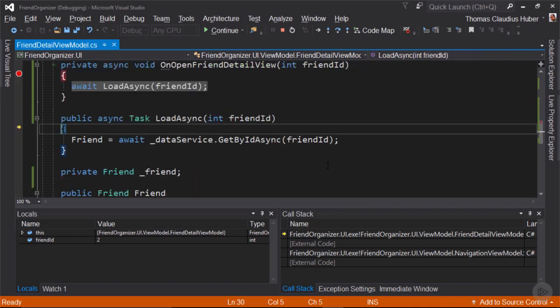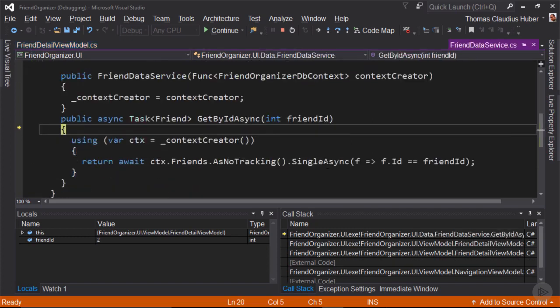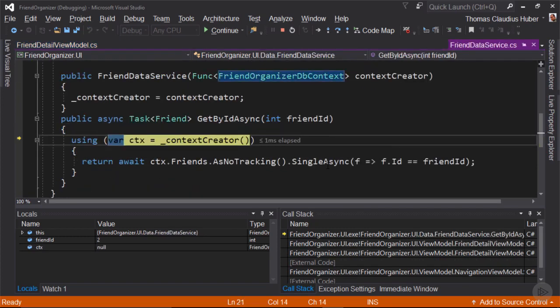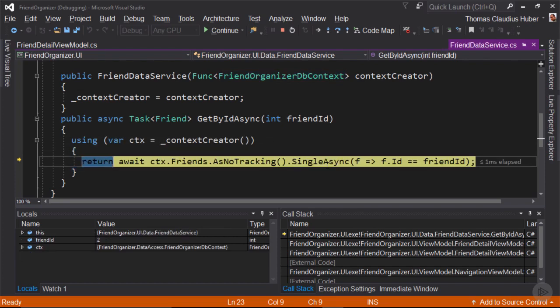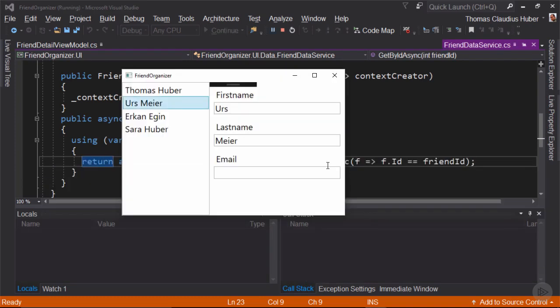The loadAsync method is called and it goes to the data service, and here the context is created and it grabs the friend with this specific friend ID from the database. I hit F5 to continue. And finally, the selected friend is displayed in the detail view. Now we have set up our event aggregator, and the navigation view model is communicating with the friend detail view